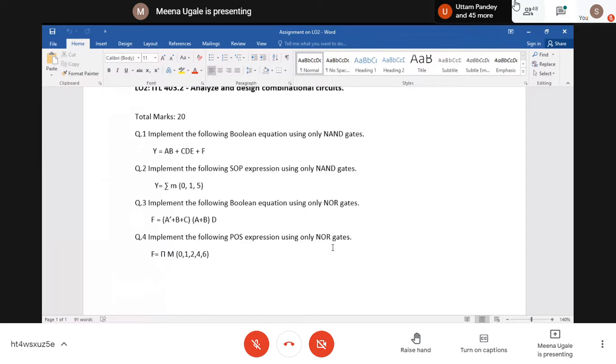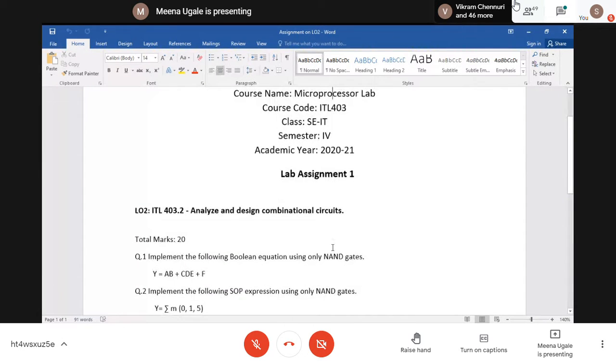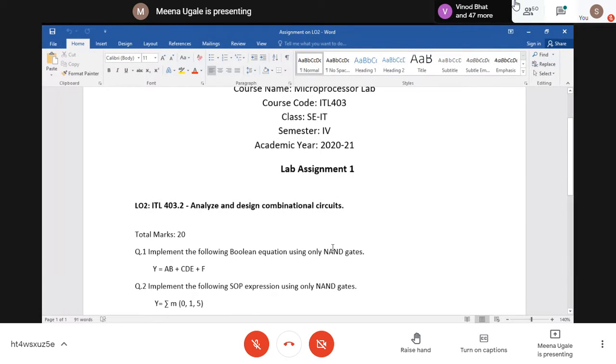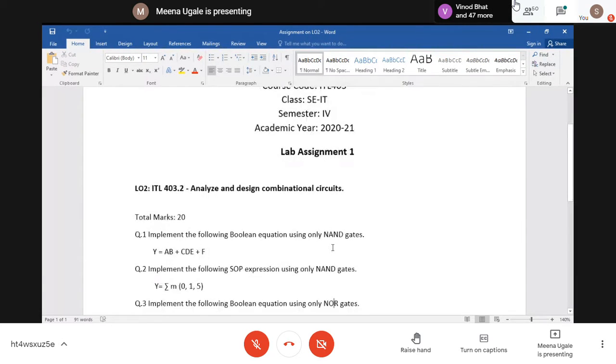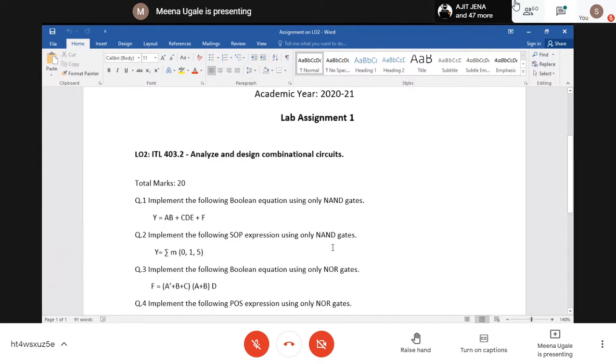This will be a handwritten assignment. When you write this assignment, you can use any paper. It should be clearly visible because you are going to take pictures of it and submit it online. So create only one PDF file of all the pictures that you are going to upload. Whatever number of pictures you click, combine them together and create only one PDF file. And on every page, please mention your roll number and your name.